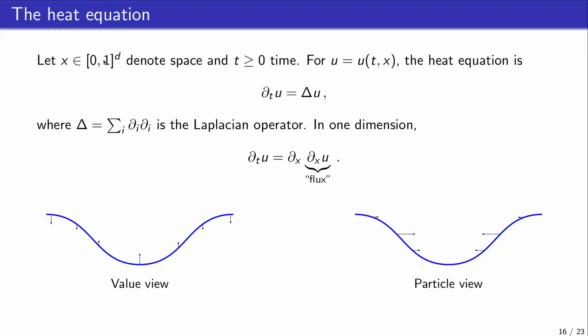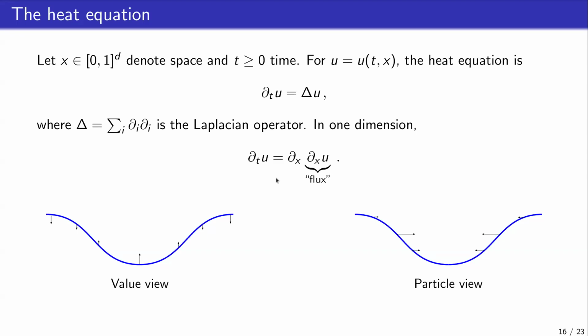Fix this solid cube domain, and then let U be a function that depends both on time t and on the position x, and think of U as the temperature at that point, okay? At that point in time and in space. Then the heat equation says the following, that the way that this temperature is changing over time, this derivative with respect to time, is going to be equal to this Laplacian, which is the sum of the second derivatives of U in space. We actually don't care too much about this multidimensional version. So let me tell you that when we're in one dimension only, then this is the form that it takes. The dt of U is the double derivative in x, dx dx of U.